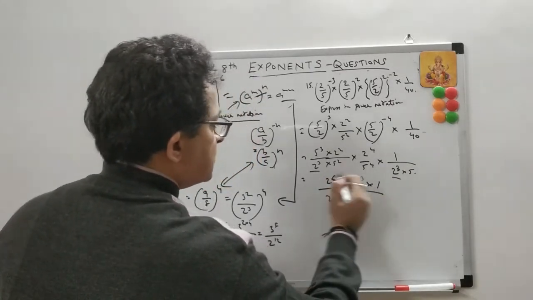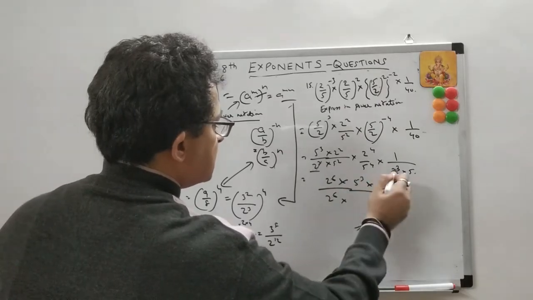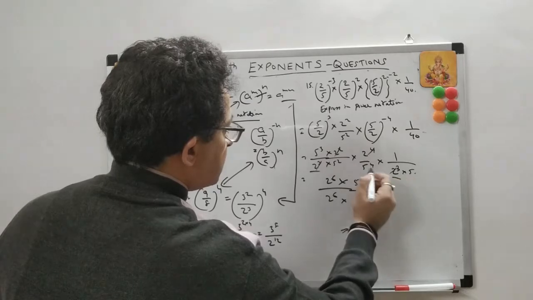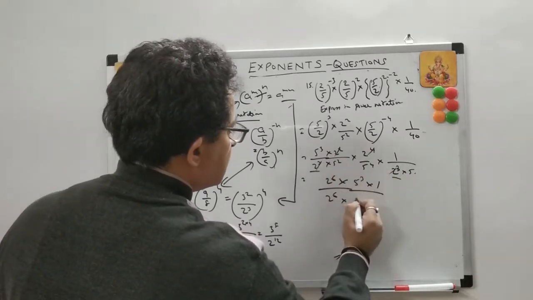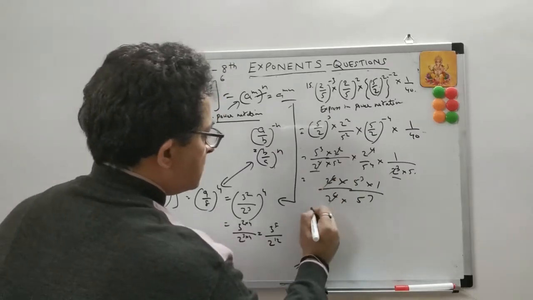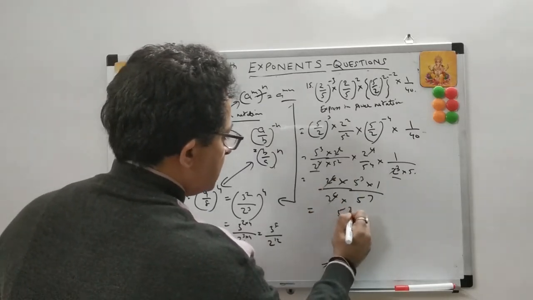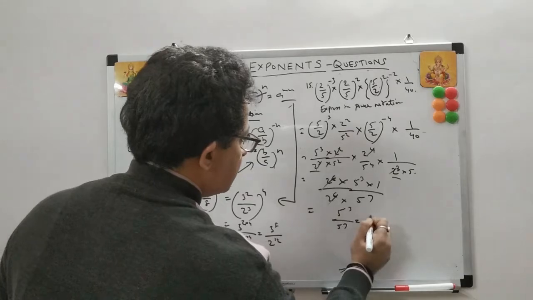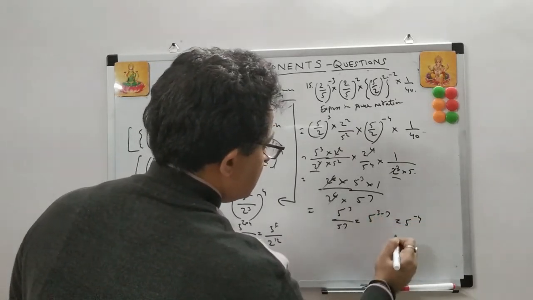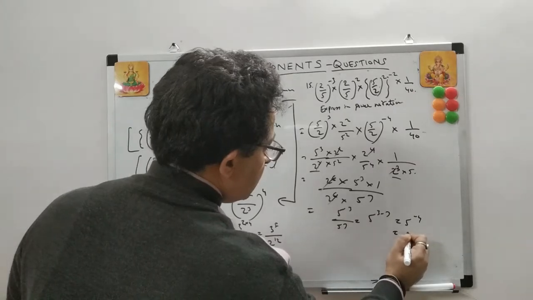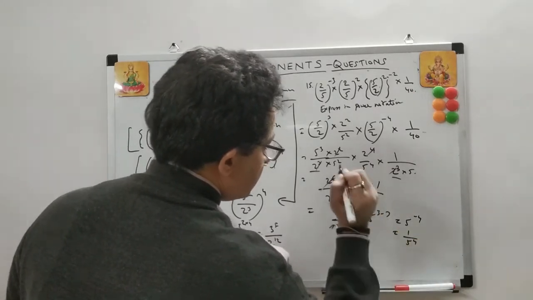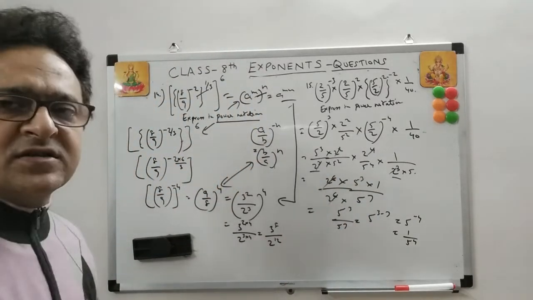Here it is. So this gets cut, right? This gets cut. This is 5 to the power 4 and 5 to the power 4, and 2 to the power 6 and 1, 7. 5 to the power 7. So this gets cut. 5 to the power 3 upon 5 to the power 7 is equal to 5 to the power 3 minus 7, is equal to 5 to the power of minus 4. You can write this as 1 upon 5 to the power of 4. Fine. So this is the answer, students.